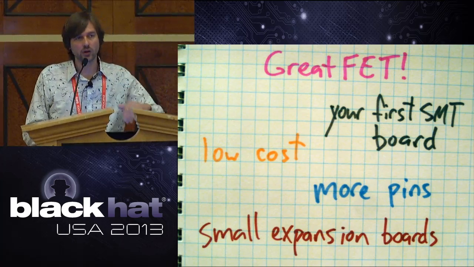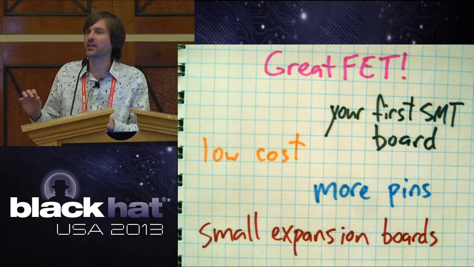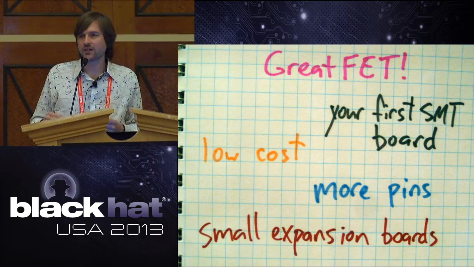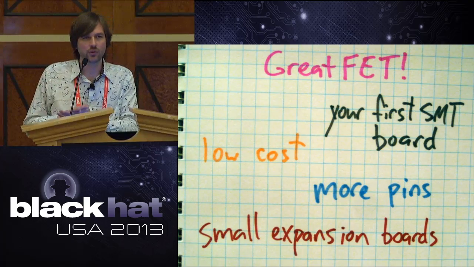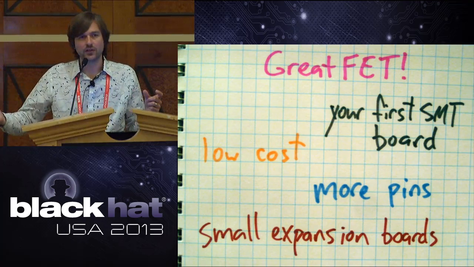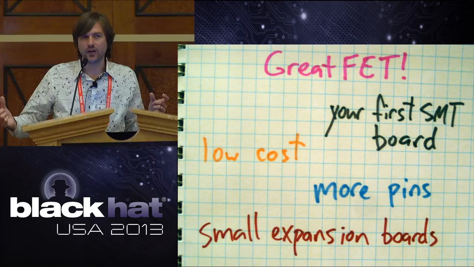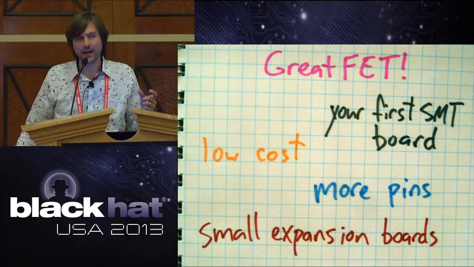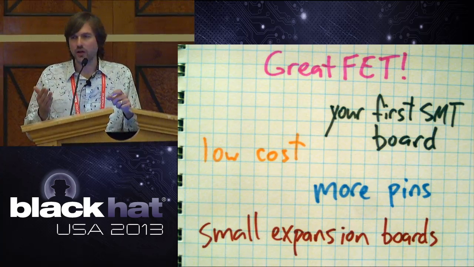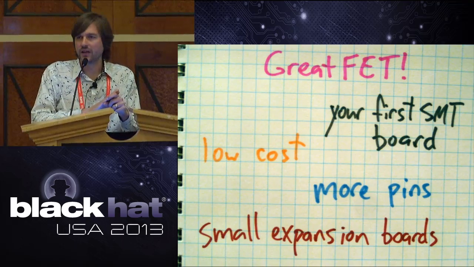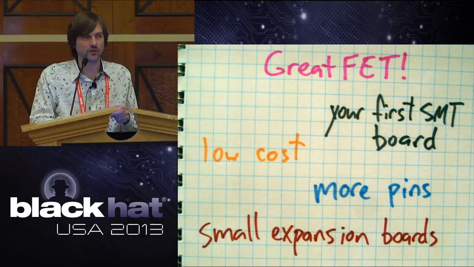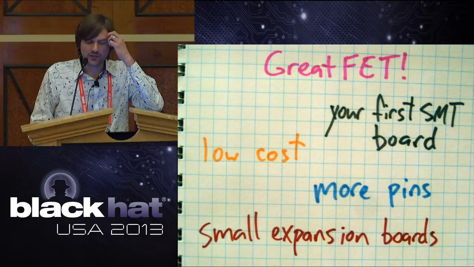So I wanted to get a lower cost microcontroller on there. I wanted to have more pins available for connecting to target devices, and I wanted to have the ability to connect small expansion boards. So instead of having a GoodFET and a Facedancer, for example, which is a variant of the GoodFET, and all these other variants of the GoodFET that we've had, it'd be nice to have one GreatFET and then a front end board, a little small expansion board that's just the Facedancer add-on, a little small expansion board that's a radio add-on for certain functions. And so